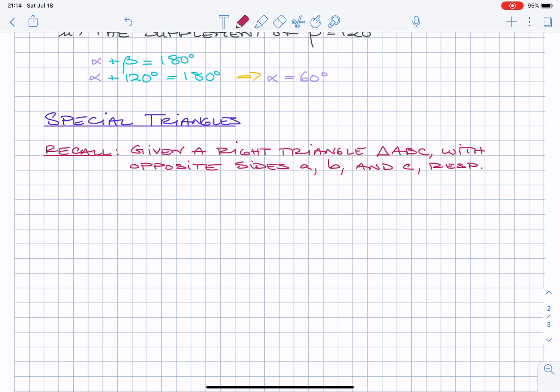We have the Pythagorean theorem. The Pythagorean theorem states that